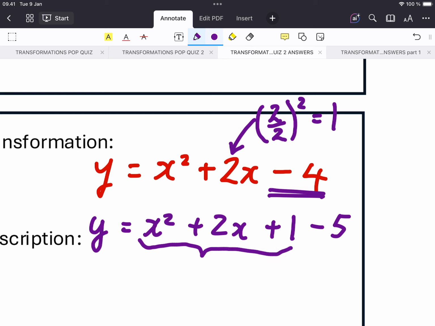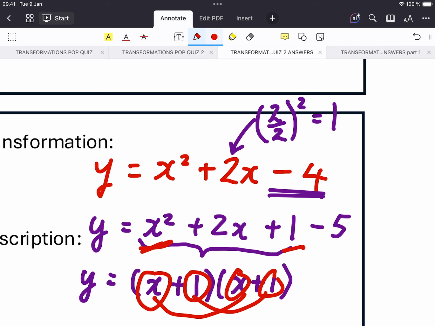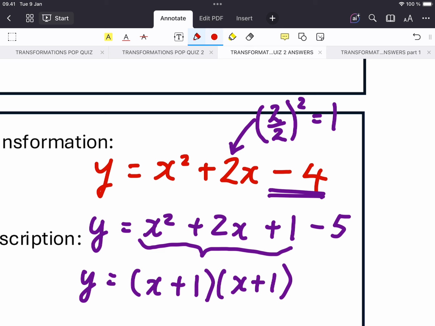So that bit there is a perfect square of x plus 1 times x plus 1. You can see that from 1 times 1 makes 1, x times x makes x squared, x times 1 plus the other 1 times the other x makes 2x, so it's a perfect square. So that whole bit in the middle can be written as x plus 1 times x plus 1,